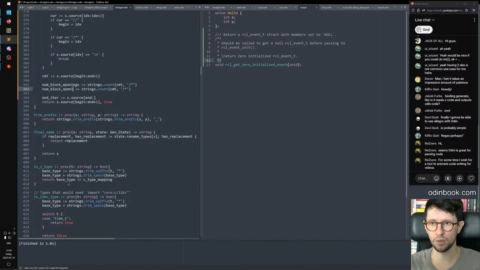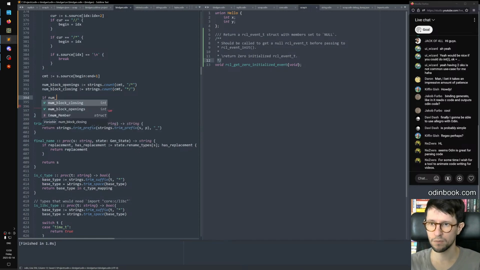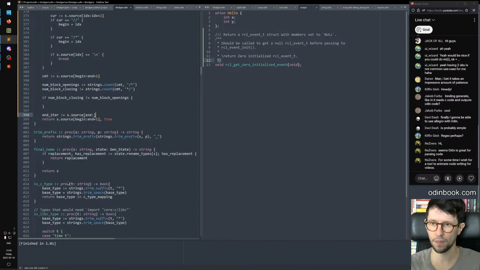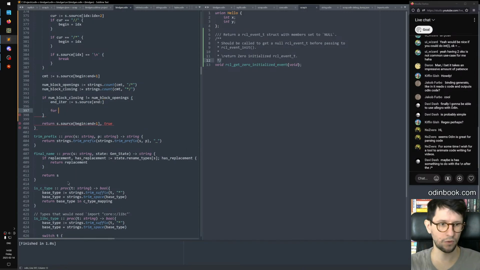Num block closings. It's maybe a bit less efficient, but that's fine. Then we do like this. Then we need to iterate from here. For now,